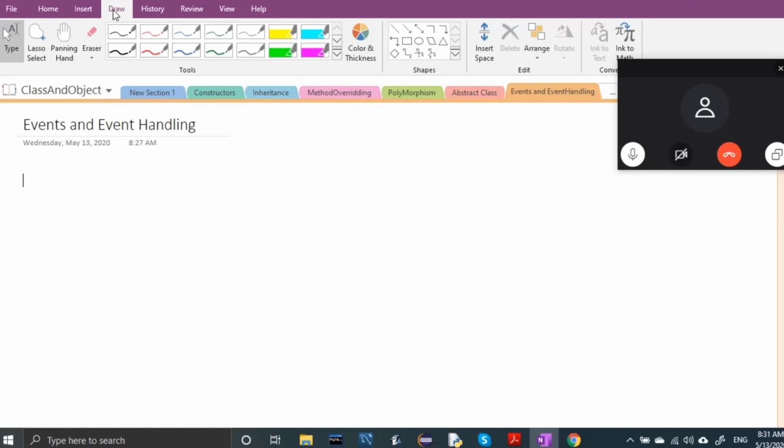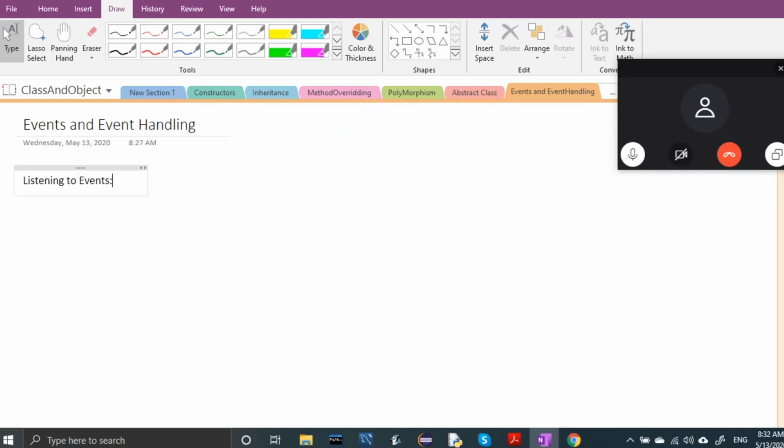So, listening to events. Listening to events means whenever the user of a graphical program types a character or uses the mouse anywhere inside one of the windows of the program, the program receives a notification that an event has occurred. For example, when the mouse moves a tiny interval over a window, a mouse move event is generated. Clicking a button or selecting a menu item generates an action event.